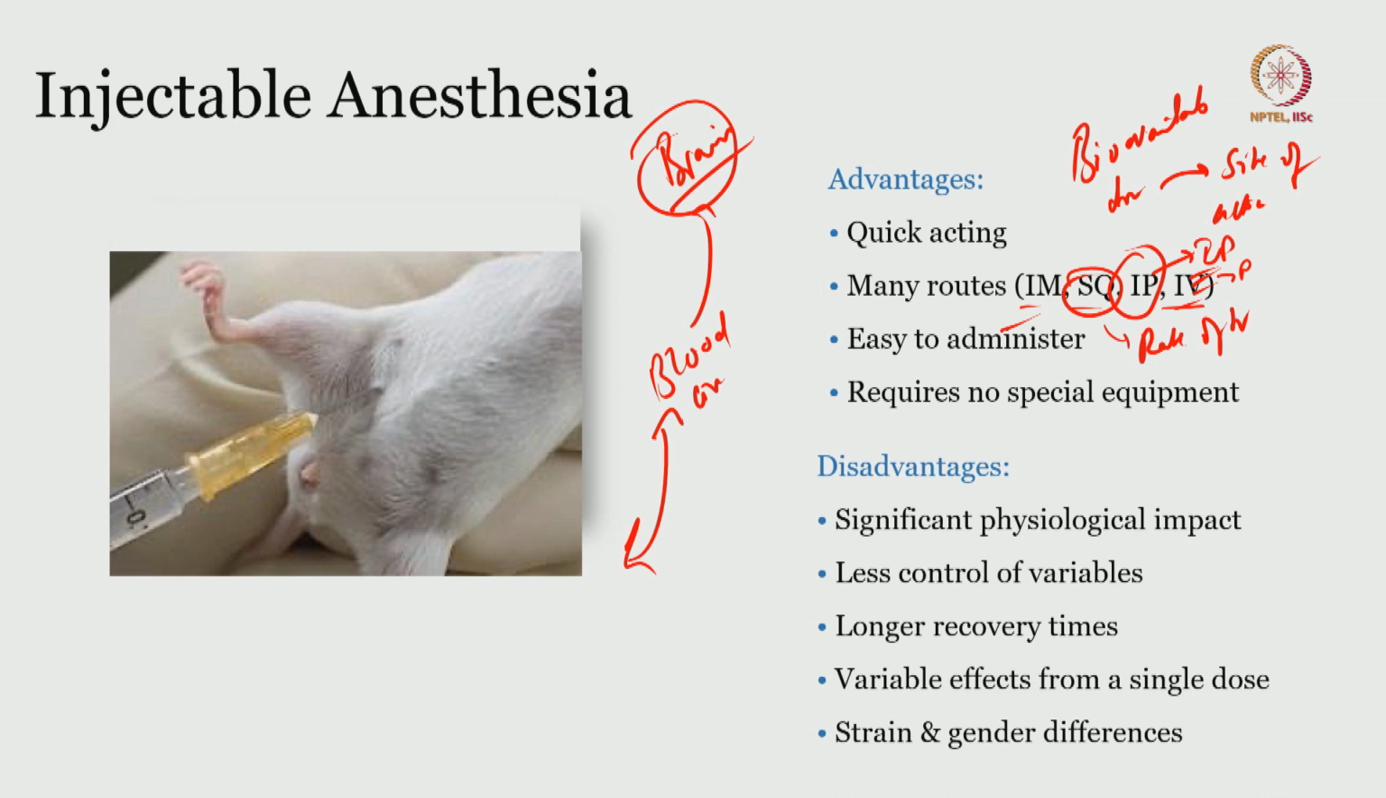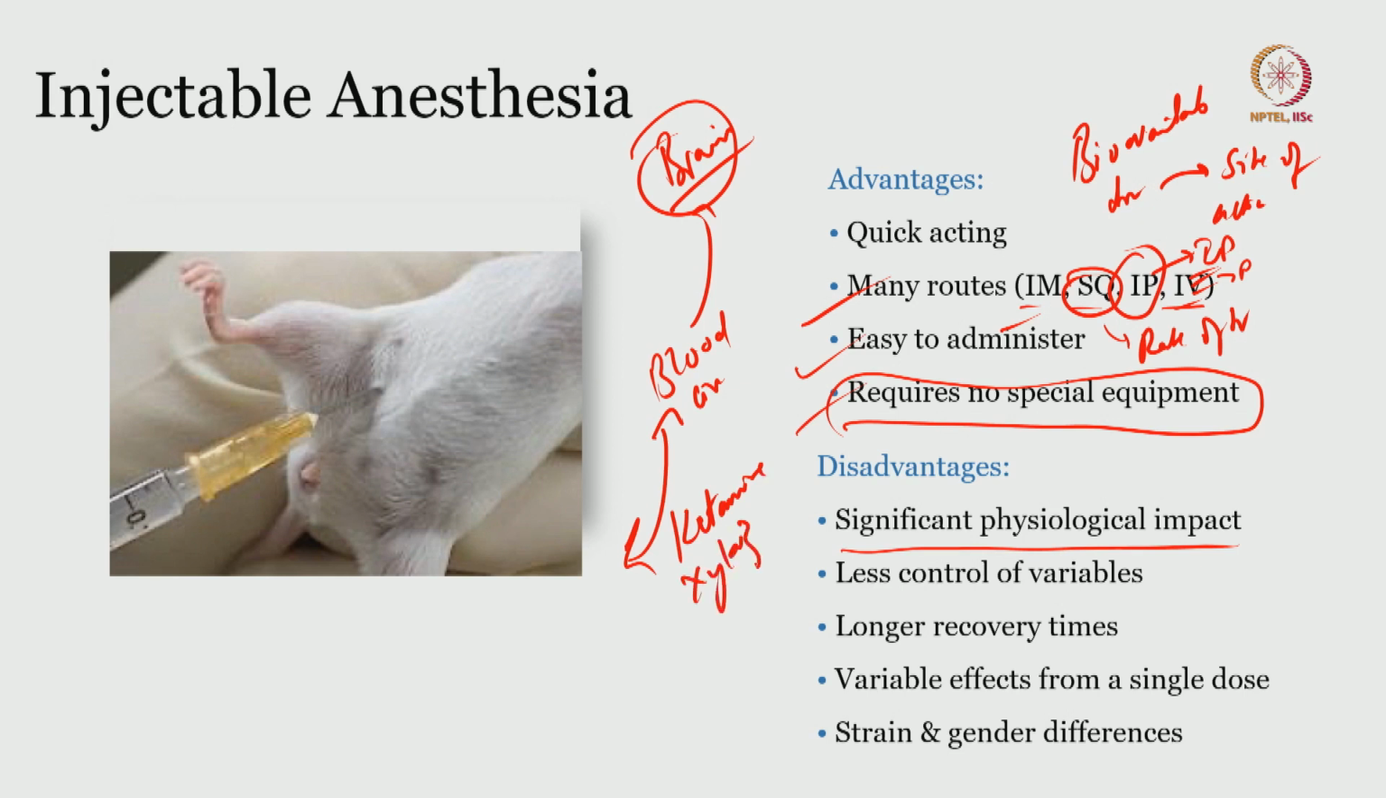All right. So there are many routes and it is easy to administer and does not really require any special equipment. That is another major advantage of using injectable anesthesia. But unfortunately the injectable anesthesia is less preferred because of its significant physiological impact. For example, the drugs which are commonly used are ketamine and xylazine. These are the two most commonly used injectable general anesthesia drugs,